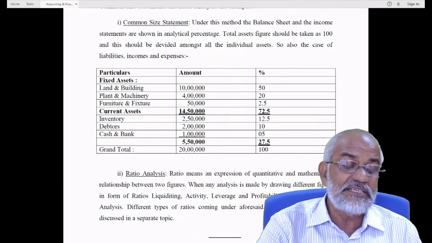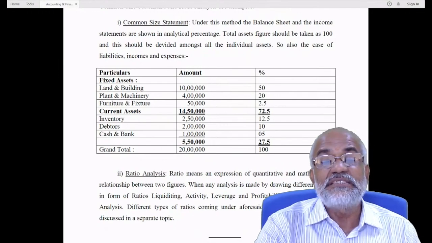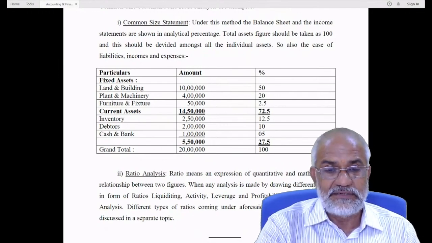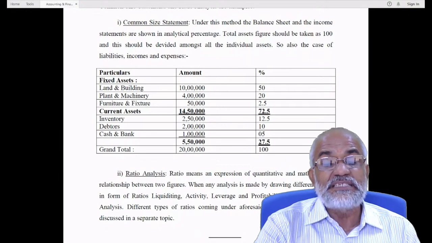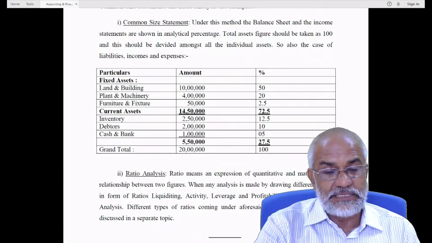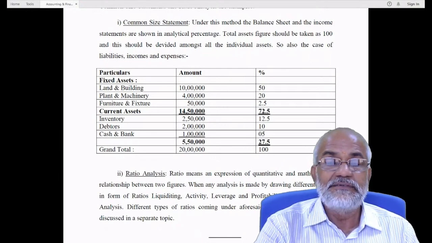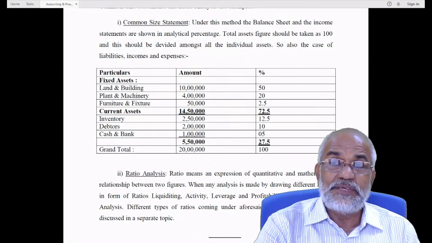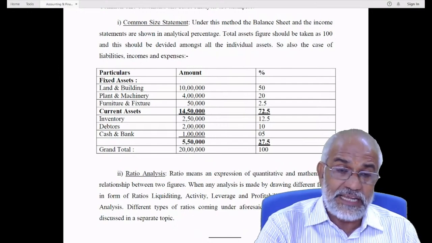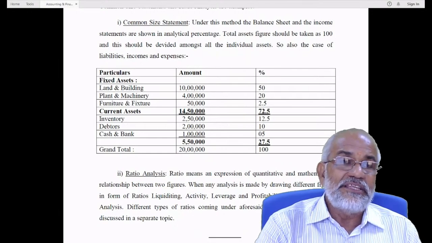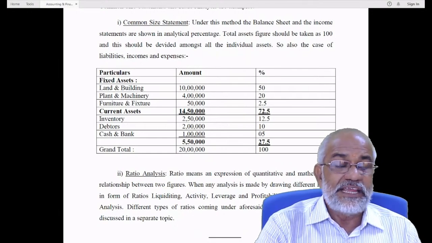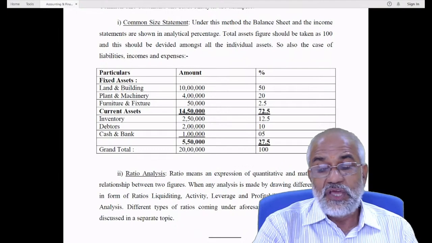One is the traditional classification, and the other one is the modern classification. When you talk about ratio analysis in respect of traditional classification, the ratio analysis is of three categories. One is the income statement ratios, the second one is the balance sheet ratios,